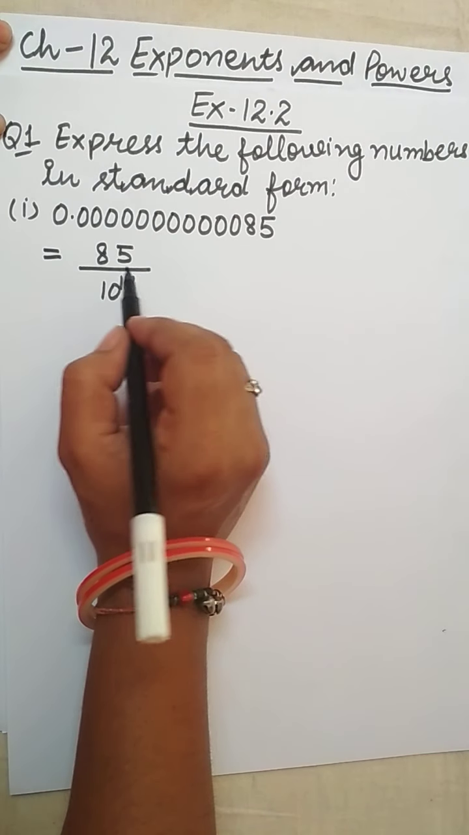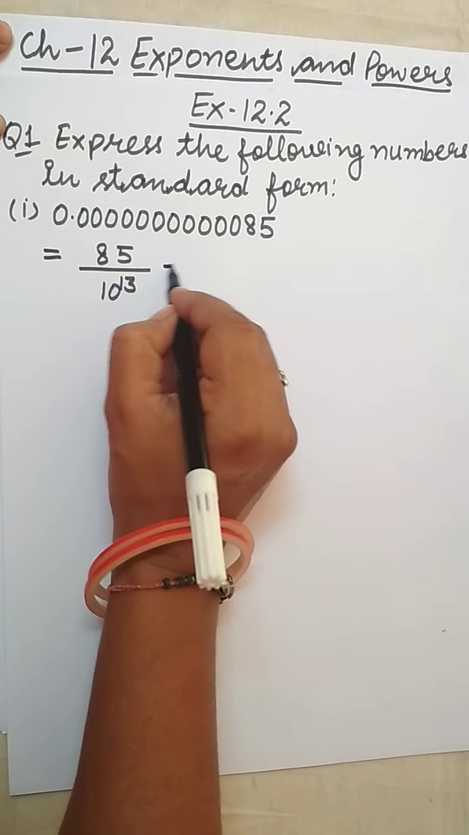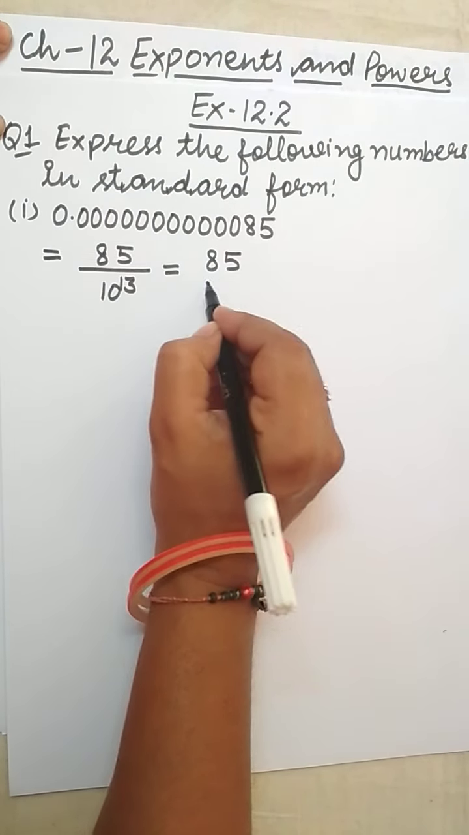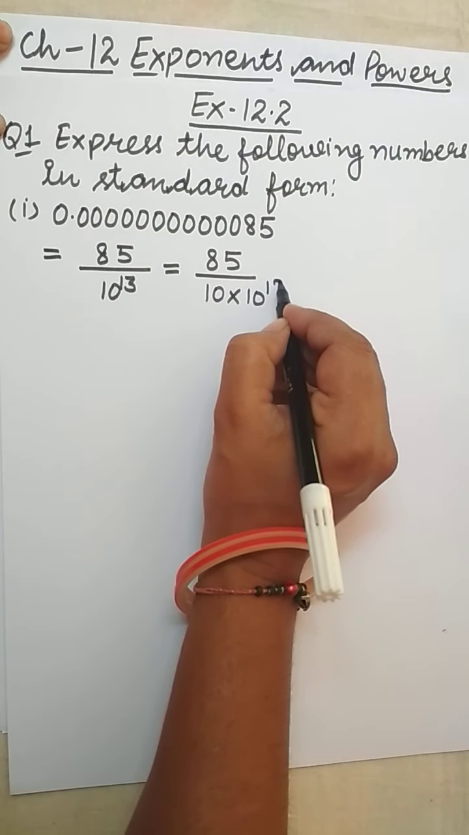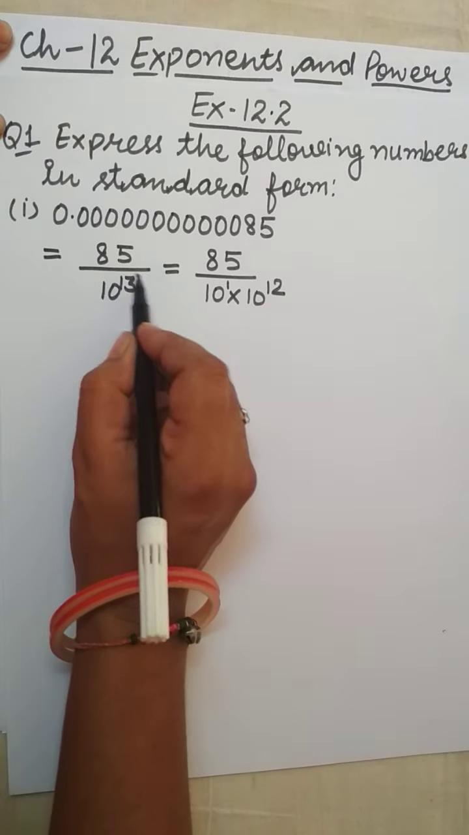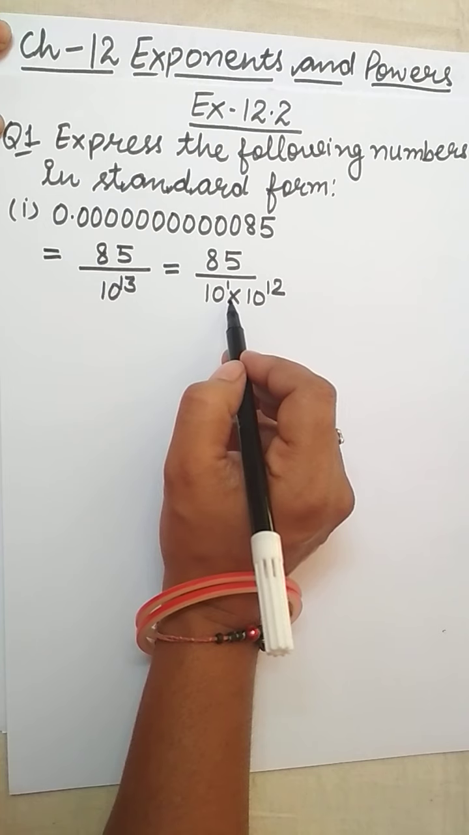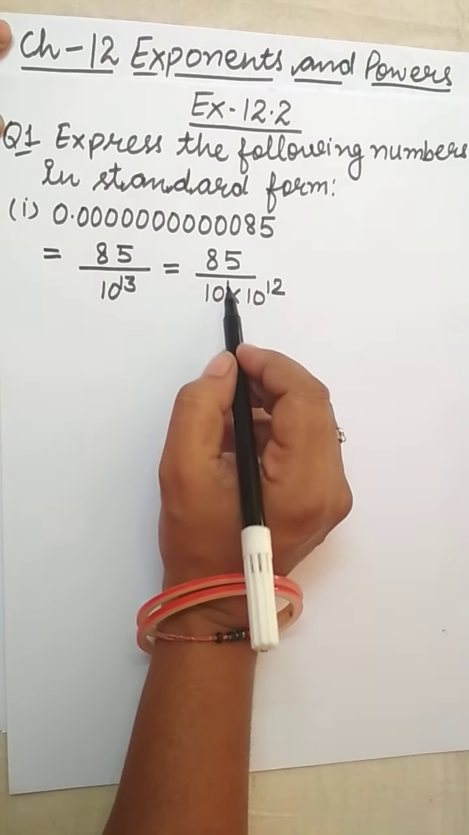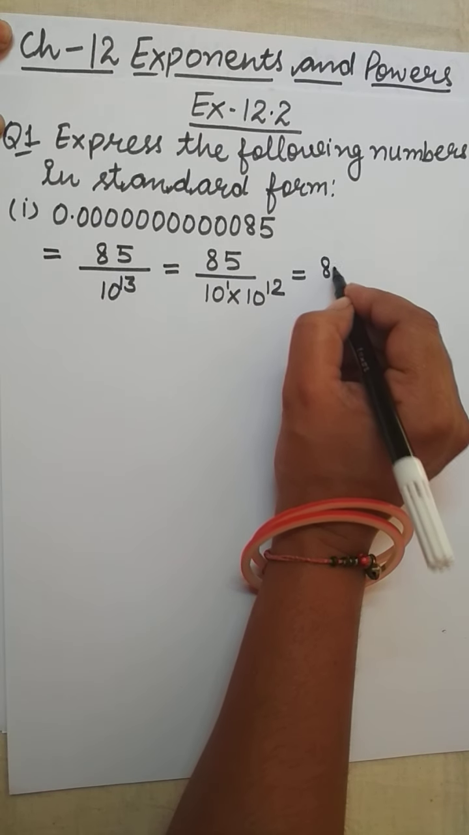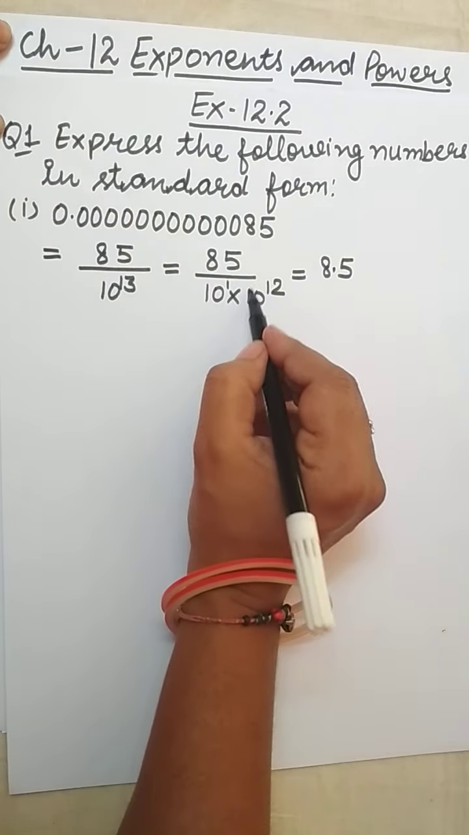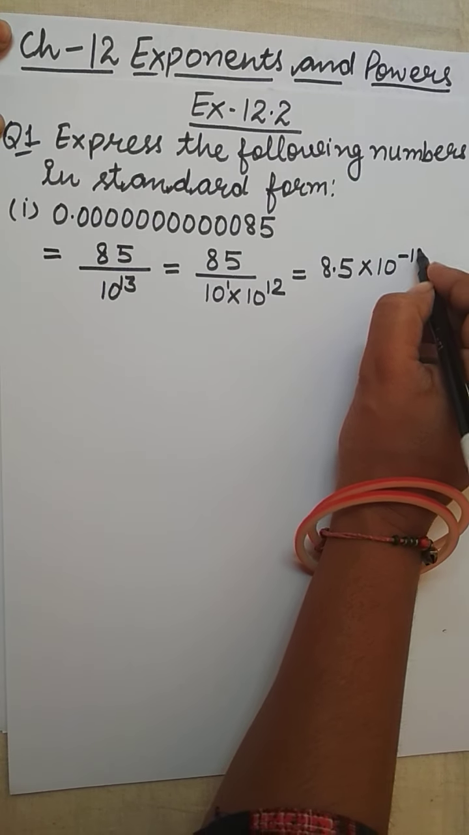Now in standard form I'll express it as 8.5. So it can be written as 85 upon 10 multiplied by 10 raised to power 12. I have split this 10 raised to power 13 as 10 raised to power 1 into 10 raised to power 12. Now this 85 upon 10 can be written as 8.5, and this 10 raised to power 12 will become negative in the numerator,